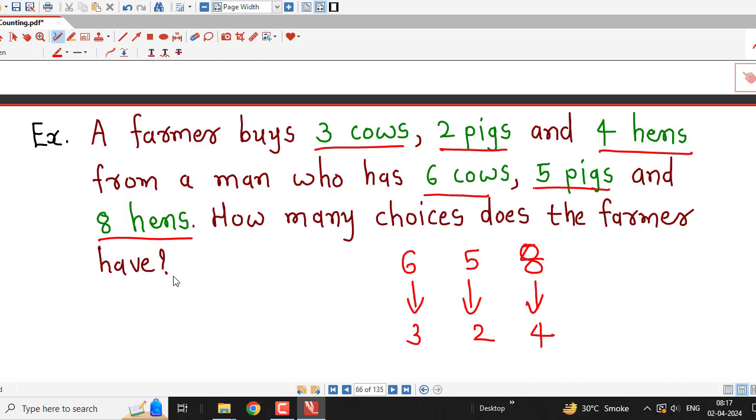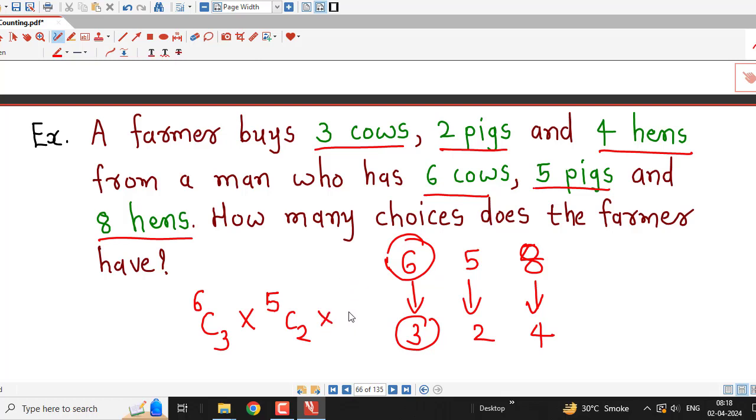To select 3 cows out of 6 cows, order is not important, and the number of selections of 3 cows out of 6 cows is given by the number of combinations of 6 objects taken 3 at a time. Similarly, the farmer can buy 2 pigs out of 5 pigs in 5C2 ways,